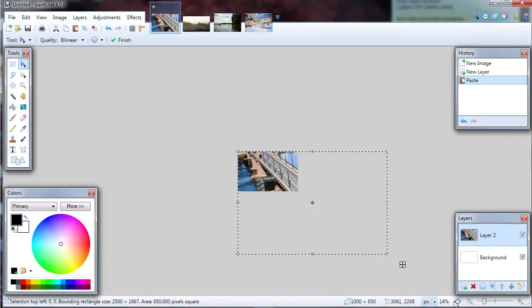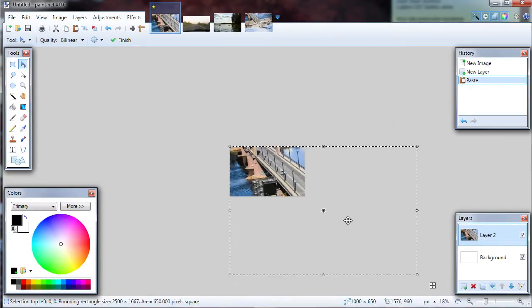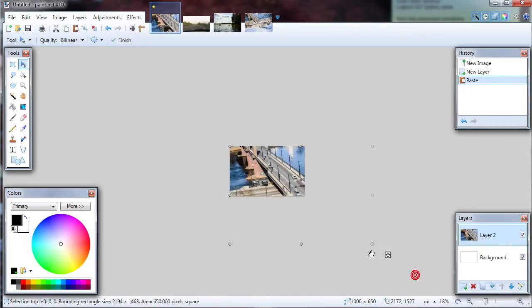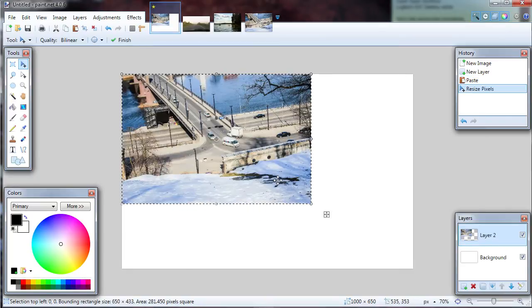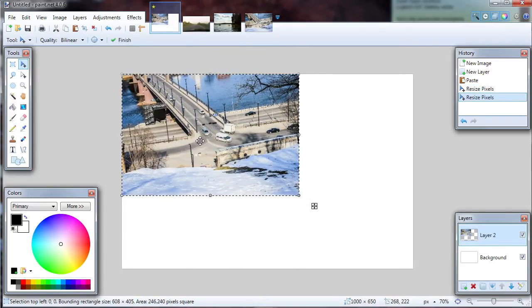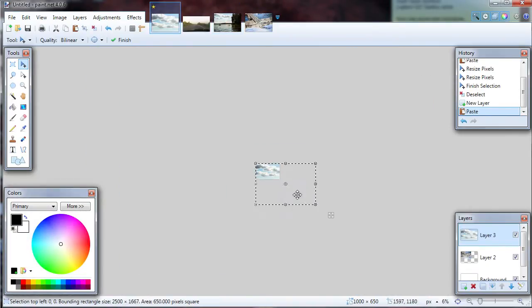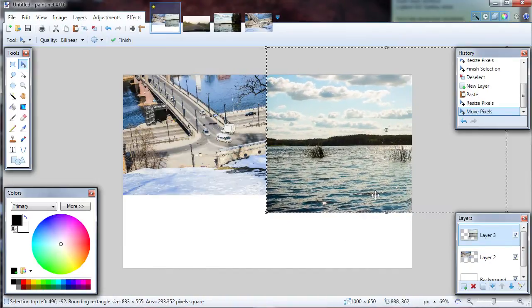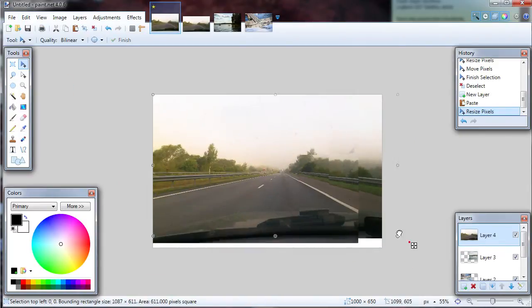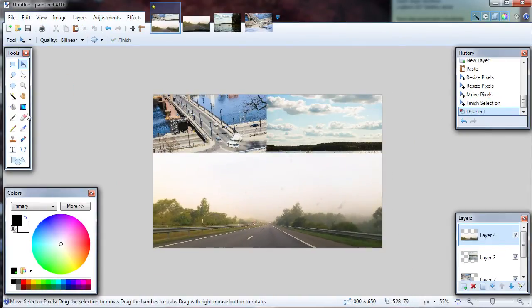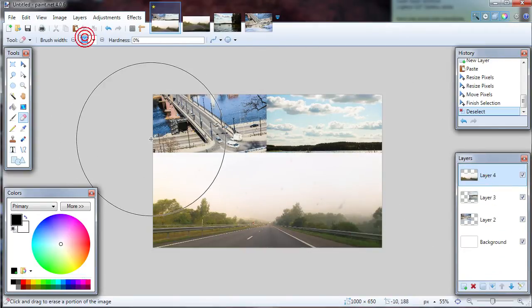If you need, you can zoom out by using the slider at the Paint.NET window bottom or by holding Ctrl and using the mouse wheel. Then hold left Shift so it will keep the aspect ratio of the image, and resize the image so it will fit inside the canvas. Use the Move Selected Pixels tool from the Tools table to position all of your images. You can reposition by just dragging the whole selection somewhere. Repeat those steps until you have all of your images on the canvas. Now you should have a bunch of images on the same canvas but on different layers. If needed, you can turn any of the layer visibilities off or on.